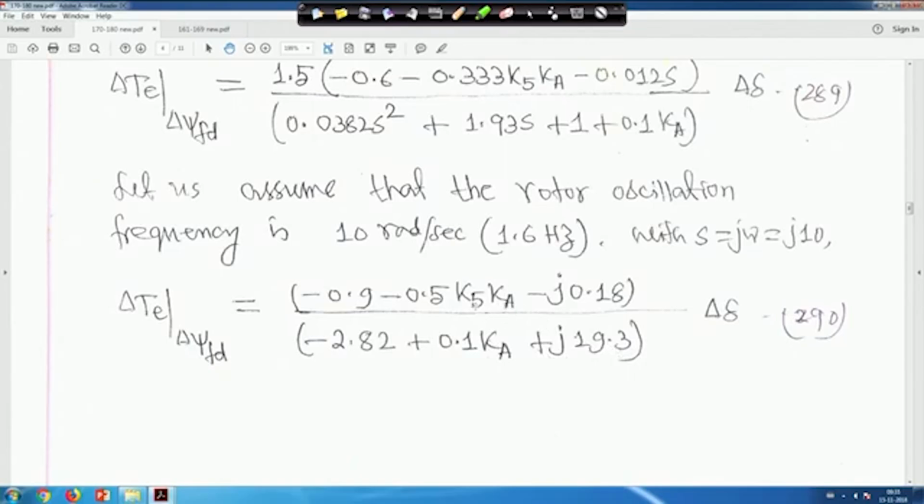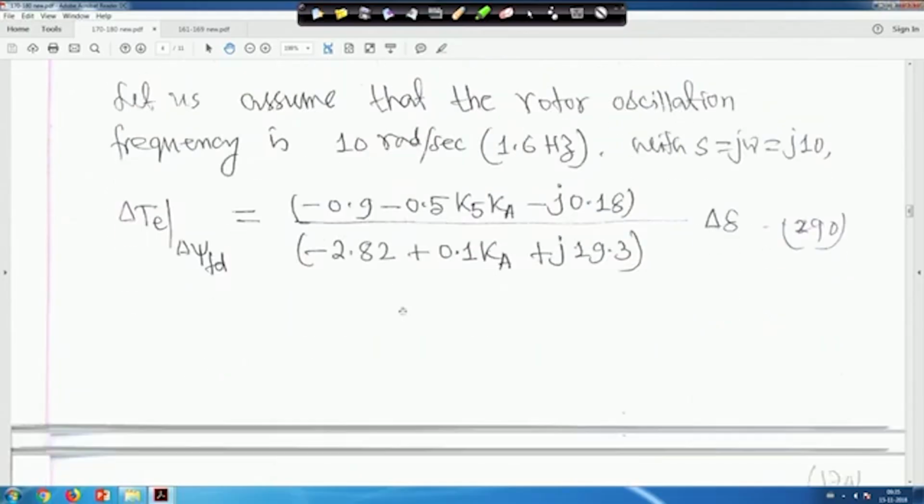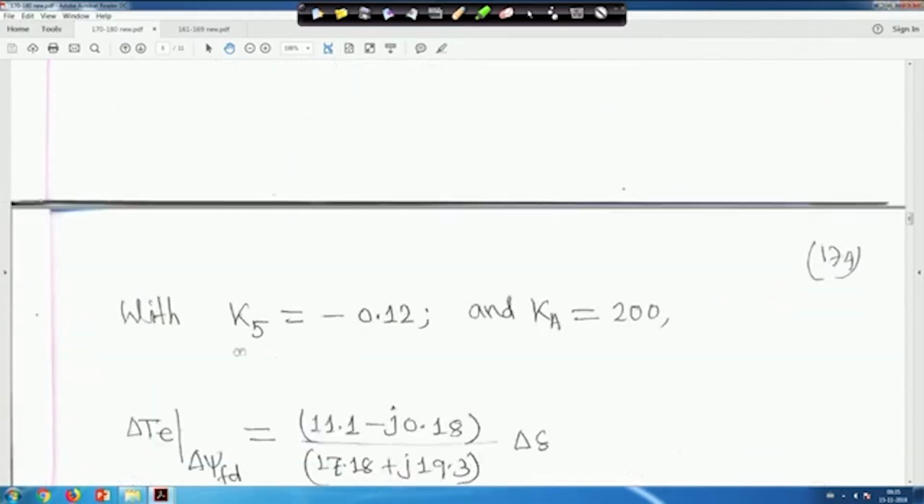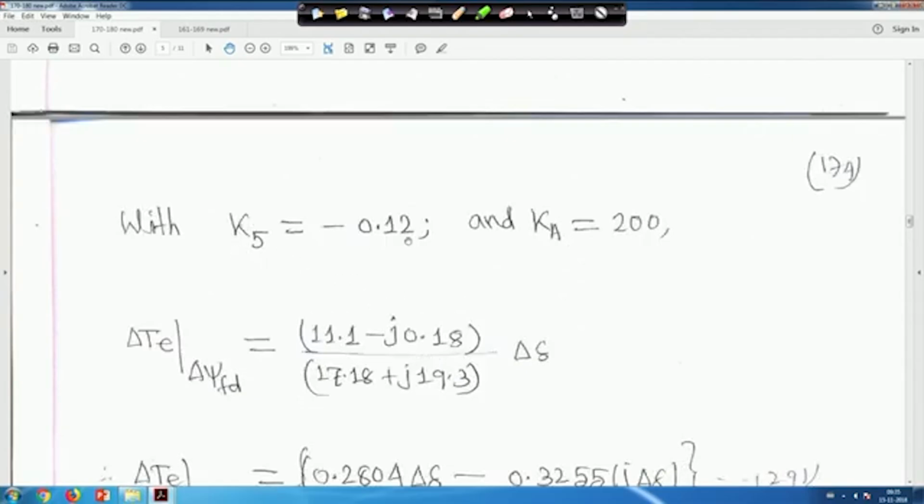So, the K5 value has not been substituted yet, but the rest of the values have been substituted here, right. So, this is equation 290. This is delta T due to delta psi FD, which I have explained before, right. Now suppose K5 is equal to minus 0.12, whatever value we have taken for K5, and K is equal to, say, 200, right. So in this case, if you put K5 equal to minus 0.12 and K equal to 200,